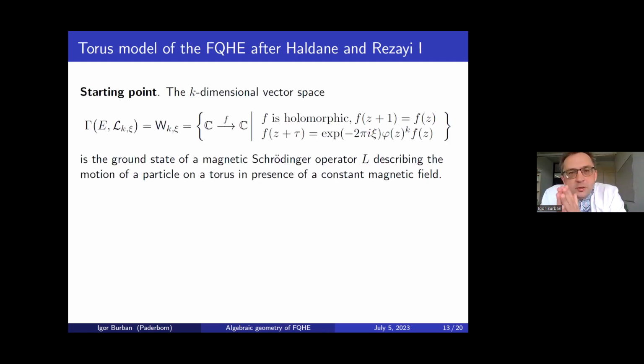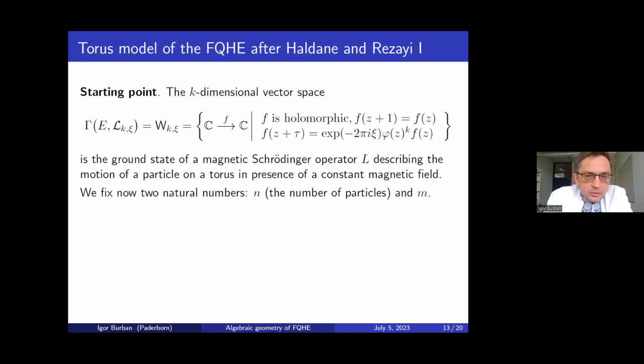The starting point is again that we have some magnetic Schrödinger operator, and I explained to you that the ground state of it can be identified with the space of holomorphic sections of a holomorphic line bundle. Now, if we want to speak about many particles, let n be the number of particles, and there is another parameter m. And before giving you the ansatz of Haldane-Rezayi for wave functions,